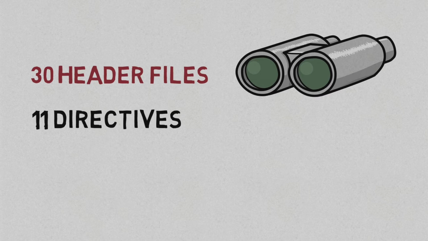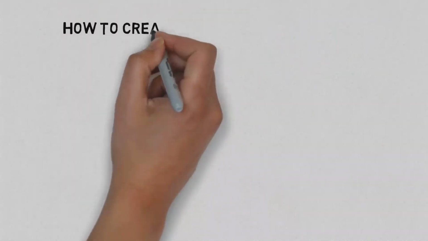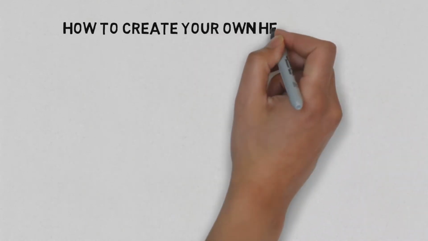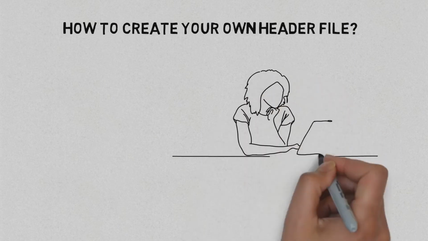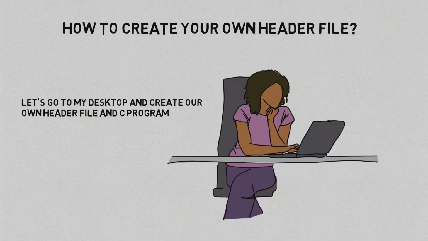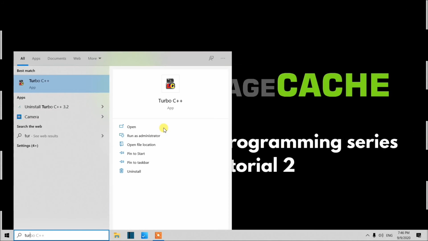Now we have previously discussed that there are two types of libraries in C. We have also seen that there is a user-defined library in C. So how can we create our own library? Okay, so let's start. When it comes to large and complex code, we can always create our own header files. If you have a very large code, you can create your own header file and include it in your C program. This really enhances the readability of your code, and it will be easy for you to manage your own code. And now we will try to do one example in which we will create our own header file.